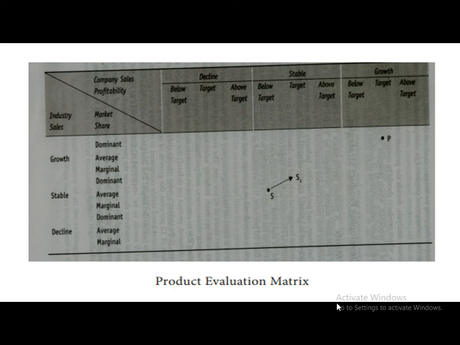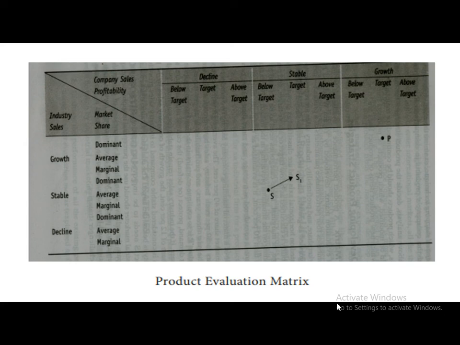Industry sales have grown at the rate of 35% per year for the past 3 years and profitability is as per the expectation. Then the marketing strategy for the product P is to continue or maintain the leadership position by expanding the total market demand. Protect the present market share and try to increase it if the industry sales